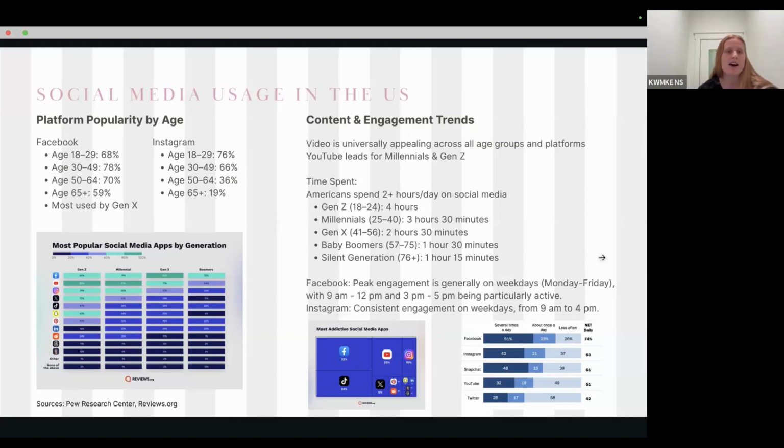That being said, Facebook is definitely more Gen X, so your older demographic, which is, I guess, more of your house buying demographic, but Instagram is still really fun. Definitely more younger Gen Z people are using that. Millennials are kind of seen across both Facebook and Instagram, considering that they grew up knowing Facebook, but also got introduced to Instagram at the start. So just a lot of fun. I really like the data. I like to know. So here's some graphics for you.